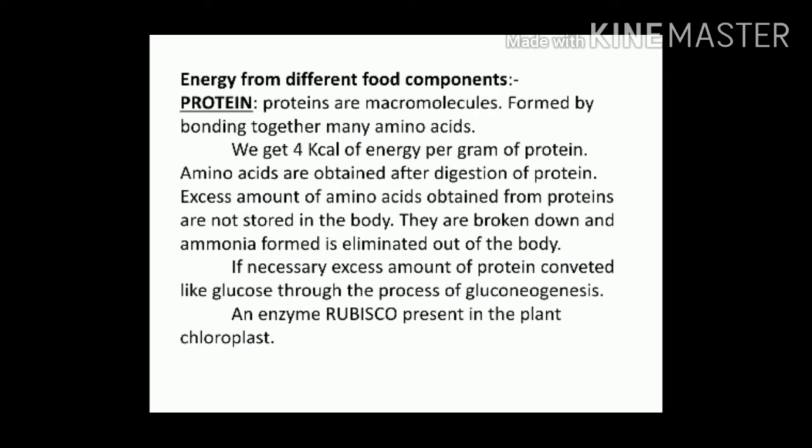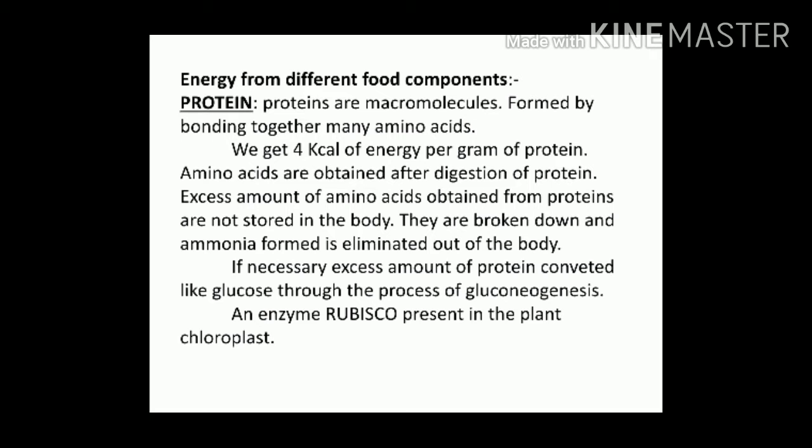Amino acids are obtained after digestion of protein, and these amino acids are absorbed in the body and transported to each organ and the cells via blood. Excess amino acids obtained from protein are not stored in the body. They are broken down and the ammonia is eliminated out of the body, and it is a necessary process,